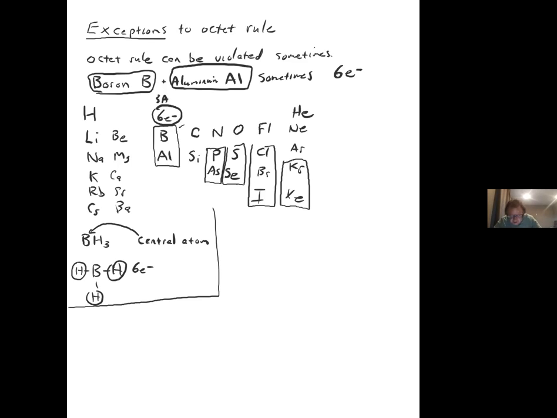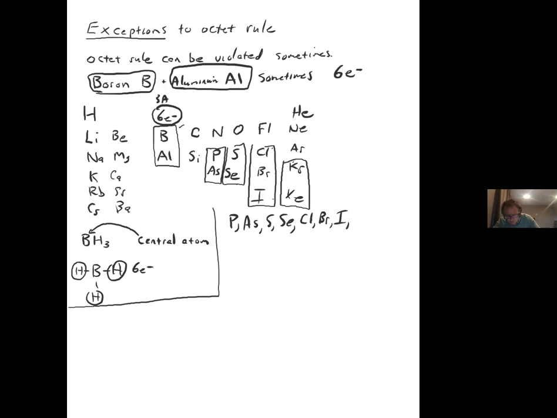The rest of the ones that I have boxed off here, the phosphorus, arsenic, sulfur, selenium, chlorine, bromine, iodine, krypton, and xenon, all of them kind of follow a similar pattern, which is they're going to have more than 8 electrons. But again, okay, so let me list them. P, As, S, Se. So all these ones over here on the right,